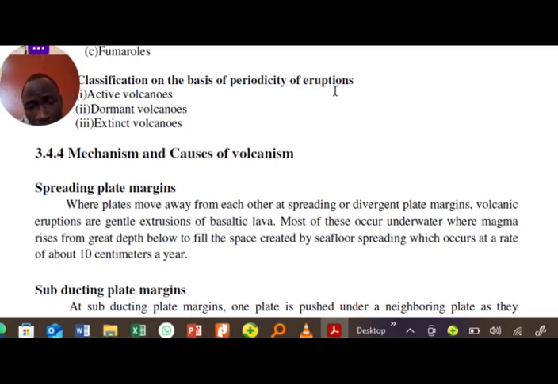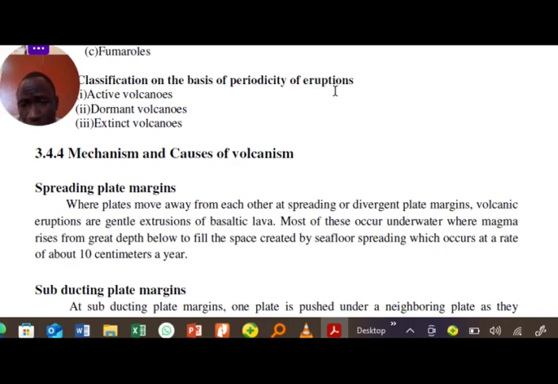We talk about where plates move away from each other and they separate or diverge at the margins due to volcanic eruption. Usually areas that are associated with gentle eruptions will be bringing out what we call the basaltic lava, simply because of the way they tend to be spreading. When we move on, we are going to be seeing